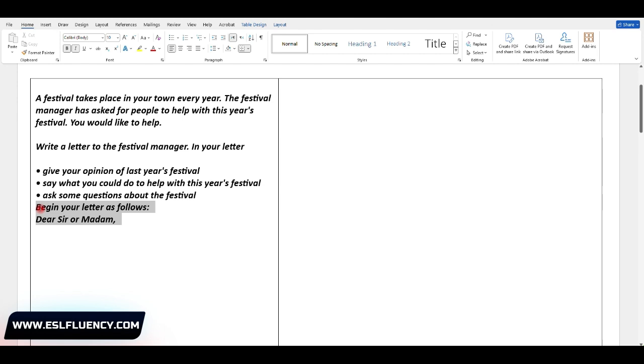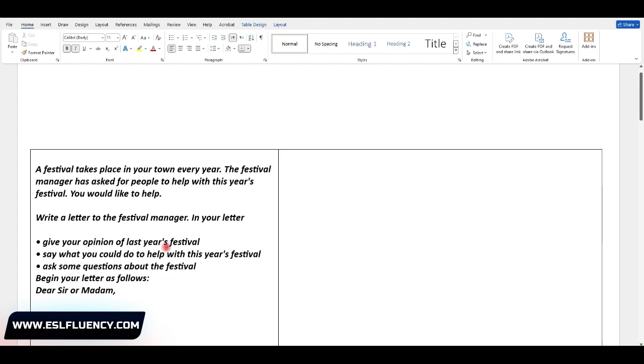This piece of information here should tell us this is a formal letter because we start this way when we don't know the name of the recipient. We just know their job title. And we are not close to that person at all. So everything here tells us we should pick a formal tone. Our first step is to analyze the prompt and underline or highlight the keywords.